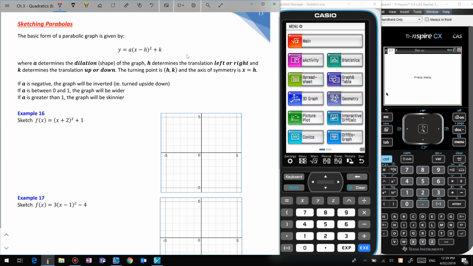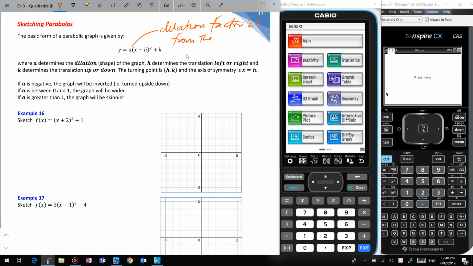the basic form of a parabolic graph is given by this. Well, actually the most basic form is y equals ax squared. Well, we could just say y equals x squared. So x squared is just a parabola at the origin, no dilations, translations, etc. This graph here, this causes a dilation factor a